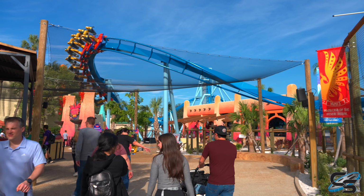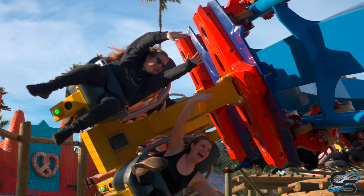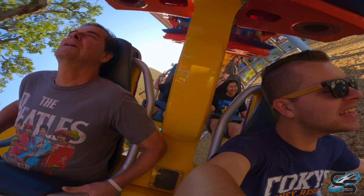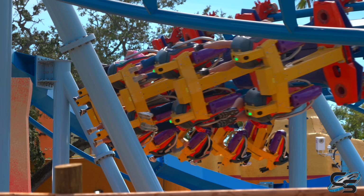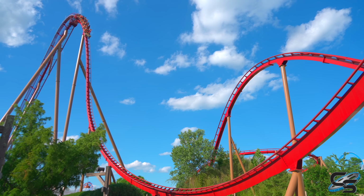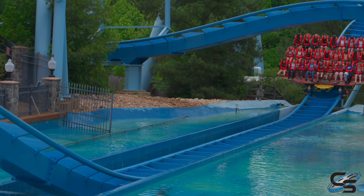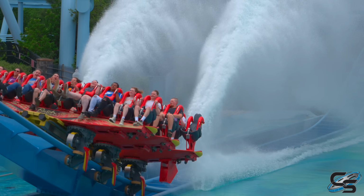And let me just clarify, Phoenix Rising doesn't have any headbanging, obviously, because of the lap bars. But you can 100% feel that shake side to side as you're traveling around, and it just shouldn't be that way because B&Ms used to be associated with quality. You knew you were getting one of the smoothest rides in the world when you bought one of these things,